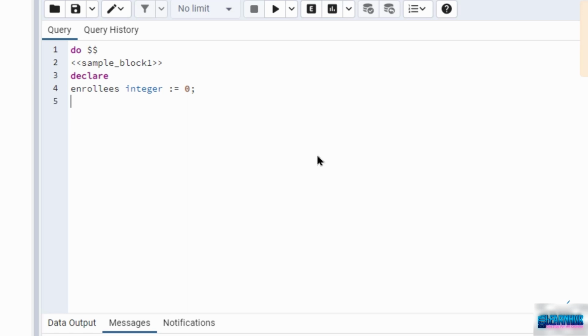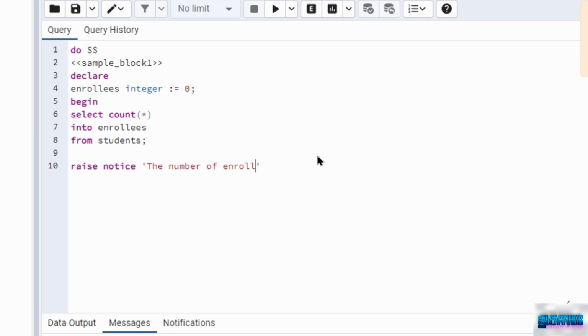Next line, BEGIN, next line, SELECT count(*), next line, INTO enrollees, next line, FROM students; RAISE NOTICE 'The number of enrollees is %', enrollees;. Next line, END sample_block1 $$;